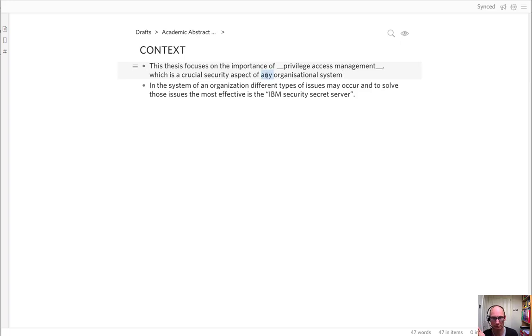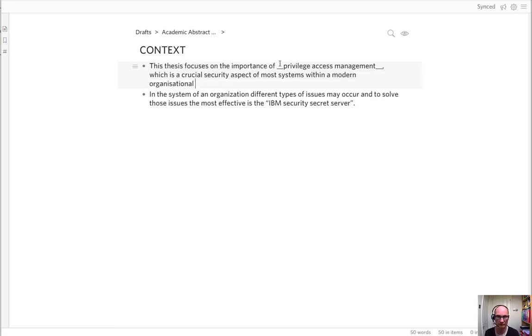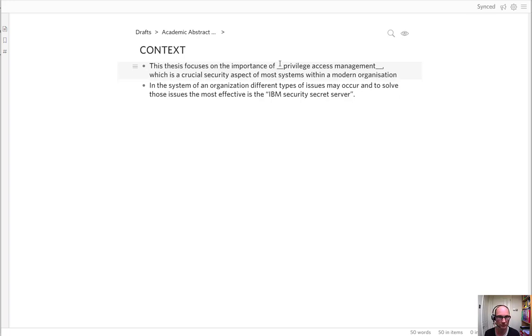maybe not any system, but most. Yeah, most systems. Most systems, within maybe a modern organization, I guess. At least you have to have some kind of digital stuff going on. Organization. Full stop. Okay. So we've done this sentence, and once you've done your sentence, what you should do is